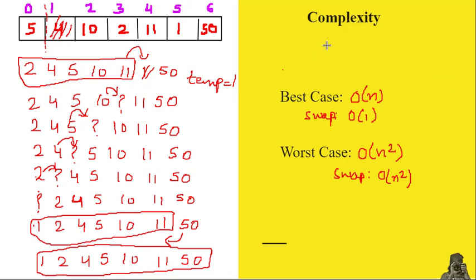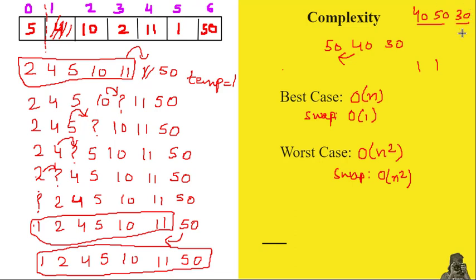So to understand the worst case, in that case we will be provided the array in descending order, which may be like this. So let's say this is our array given to us, and we have to sort it using insertion sort. So this is a worst case. Firstly we have to do the comparison. So at the first position a comparison will be done, and also swapping will be done. So one comparison and one swapping will be done, and after that 40 will be here and 50 and then 30.